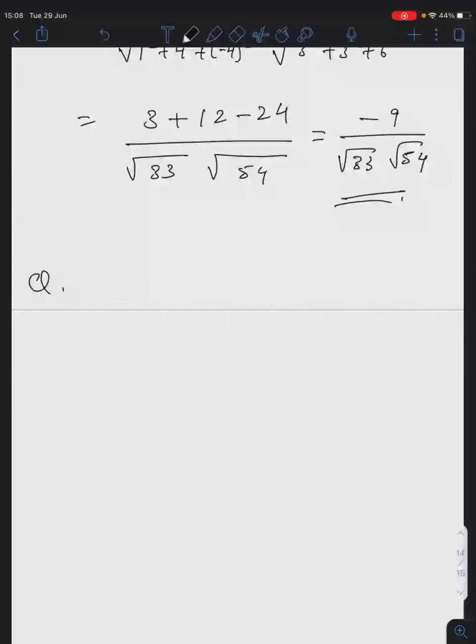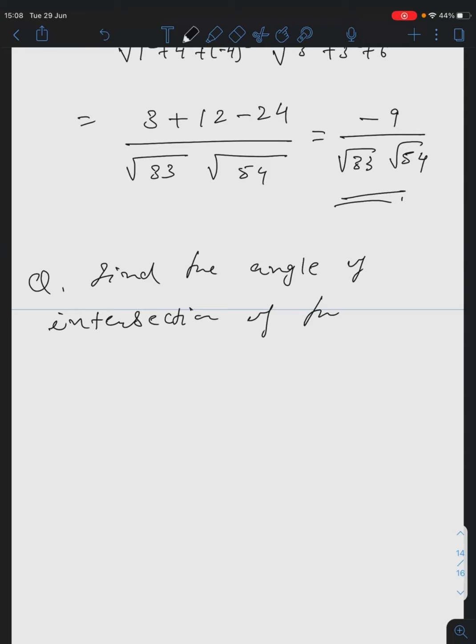Now sometimes the question is the same. You need to find the angle of intersection of spheres at a point. One point will be given. Suppose find the angle of intersection of the spheres